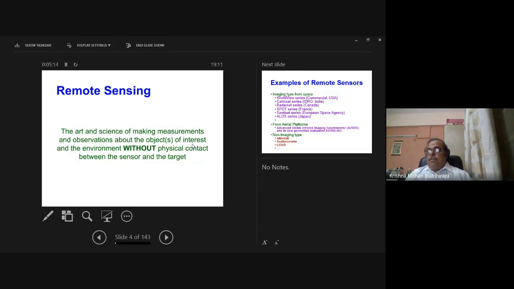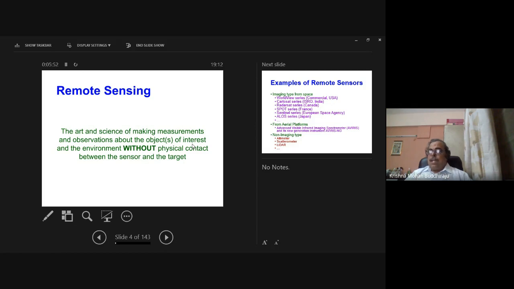So I suppose by now you'd have got the basic working definition of remote sensing. It's the art and science of making measurements and observations. It's an art because sometimes it's not easy to get the right kind of sensors, or even if you don't have the right kind of sensor, you still work with that for your application. And the science,